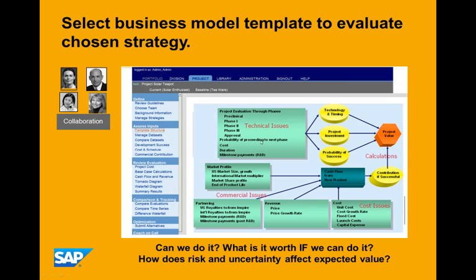Can we do it? These are the technical issues, the development issues. Can we really pull this off? Because if you can't pull it off, well, you're not going to make any money out of it. So what are the issues involved here? What are the probabilities that we can really do this? If we can do it,